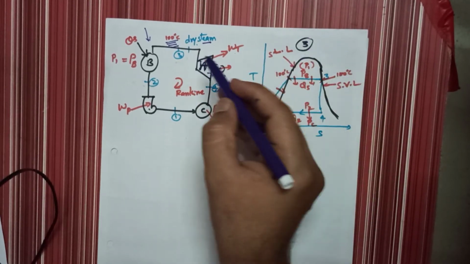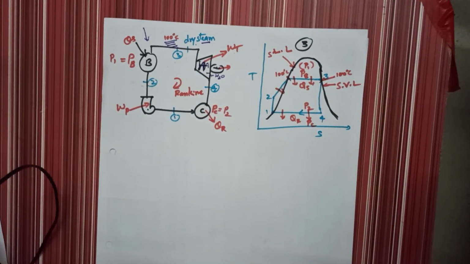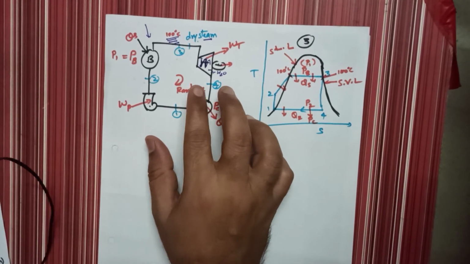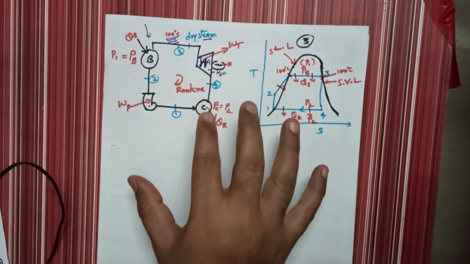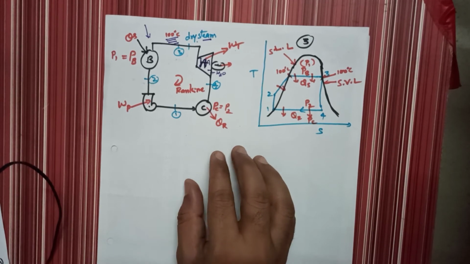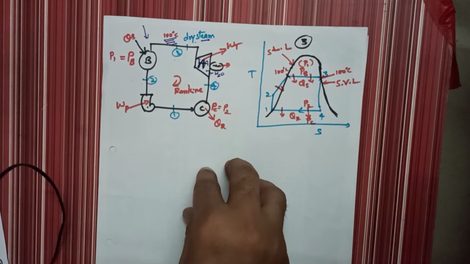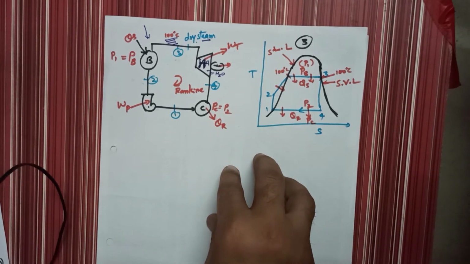The maximum temperature of the steam which is passed to the turbine is 700 degrees Celsius. 600 to 700 or 800 degrees Celsius in the industry. We can ask a question, sir, why are they restricted to only 700 degrees Celsius? Why are they not sending 1000 degrees Celsius steam?